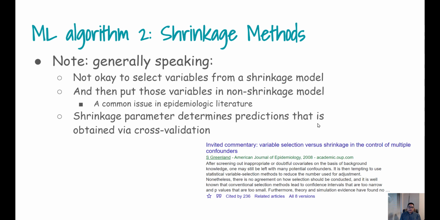Alright, one general comment that I want to make is that in the epidemiologic literature there has been suggestion of using these lasso methods to find out the most important variables in an analysis, and often these methods were even suggested to be useful in finding confounders. But if you are doing a model selection based on a shrinkage method and then you are putting them in a non-shrinkage method,